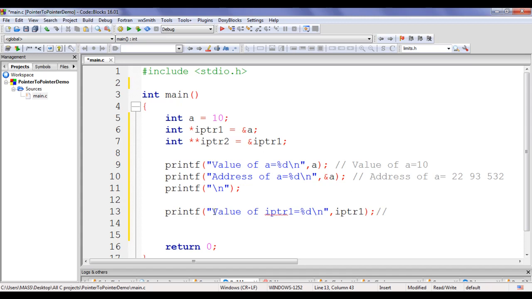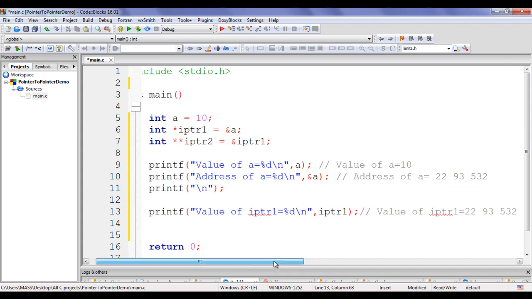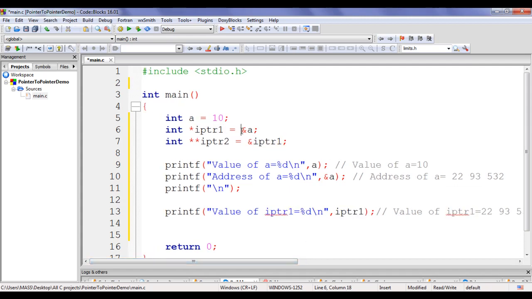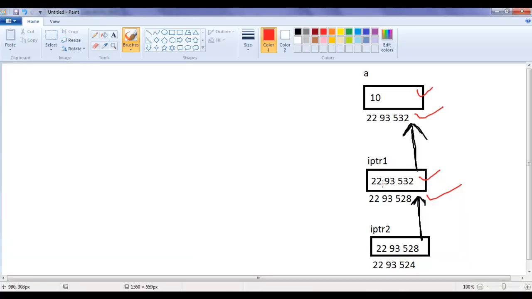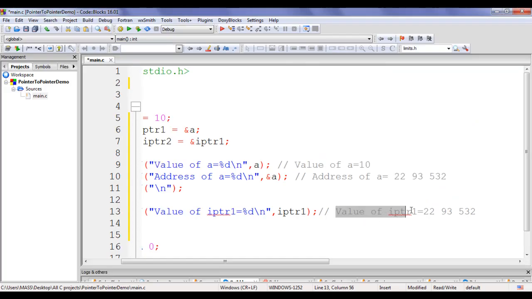We get value of iptr1 equals to 2293532, guys, because iptr1 is storing the address of a and address of a is 2293532. So definitely we'll get here value of iptr1 equal to 2293532, guys.